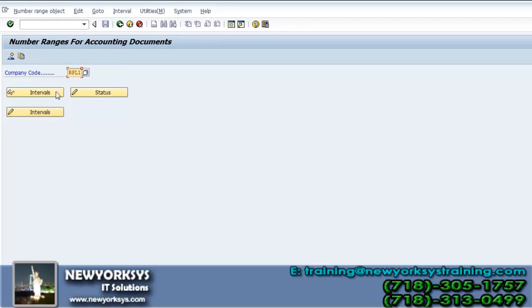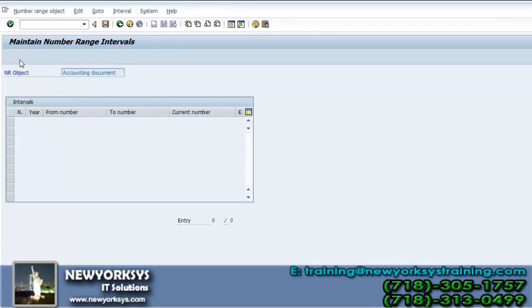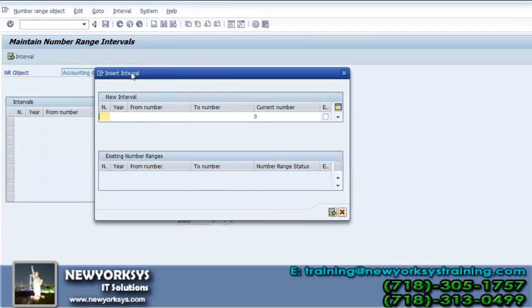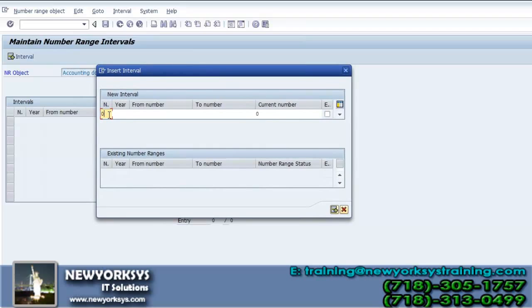Select the change intervals button. There are two interval buttons: this is the change intervals button and this is the display intervals button. The display icon is the glasses, or spectacle, icon, and a pencil with a rubber is for change. So we are selecting the change intervals button. Select the insert interval button. Here, give the number range 01 for fiscal year 2013, from number 1 lakh to 1,99,000.